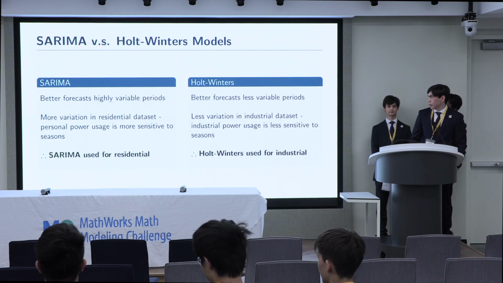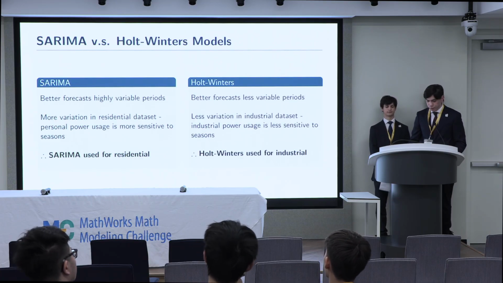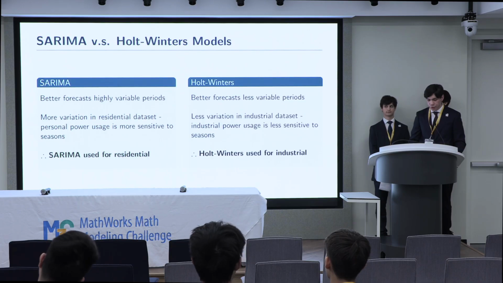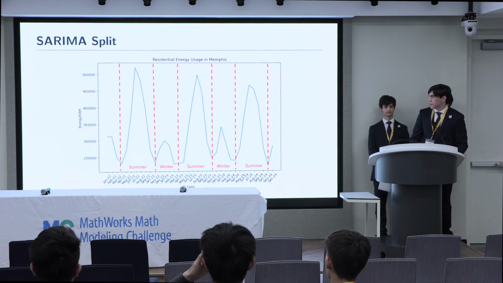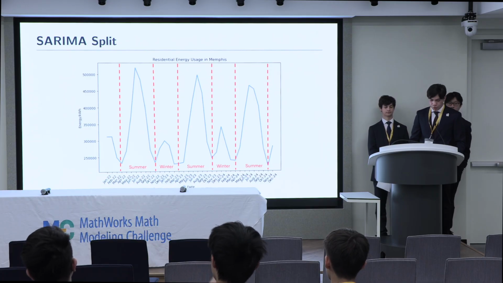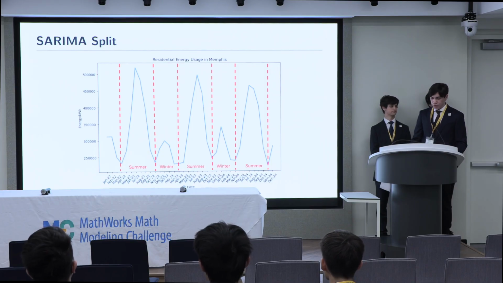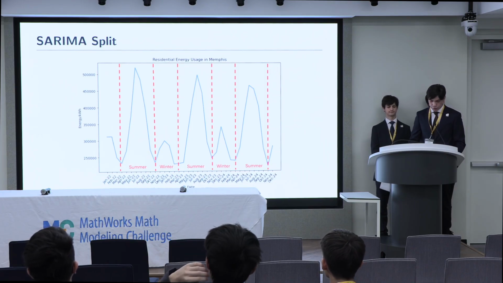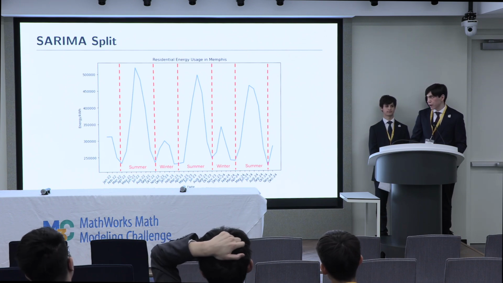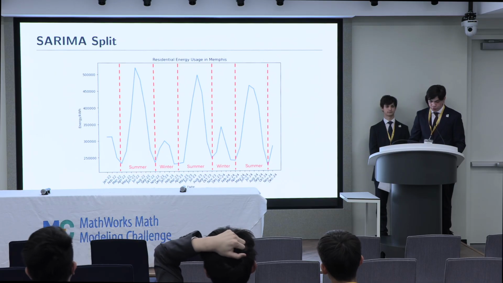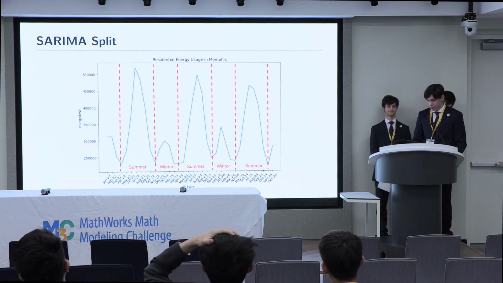So we decided to use SARIMA and Holt-Winters models to model the demand. The study has shown that Holt-Winters models were superior at modeling less variable monthly flows, while SARIMA models better forecast highly variable periods. So this is the data for our SARIMA model. We predicted that summer and winter usages would follow different overall trends as time goes on. Using one SARIMA for both winter and summer would merge two trends together or even kill one of the trends, which would greatly affect our final prediction for demand. Therefore, we decided to split the data into summer and winter seasons and run both through corresponding SARIMA models.